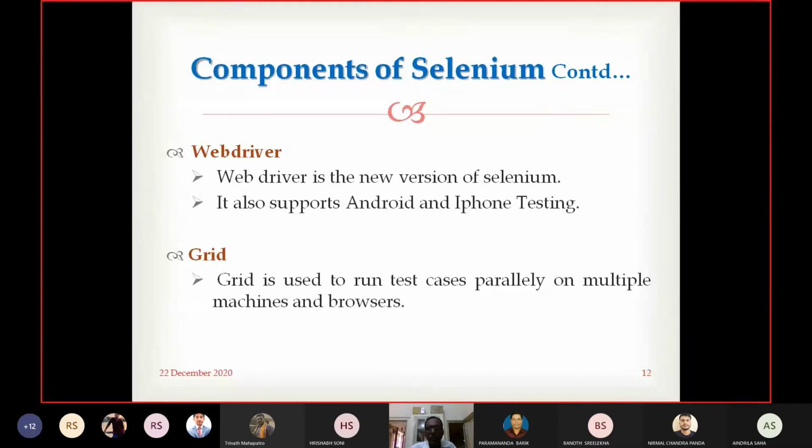Selenium Grid is used to run the test cases parallelly on multiple machines and browsers. So if you want to run different test cases parallelly on multiple machines and multiple browsers, then Selenium Grid can do it.